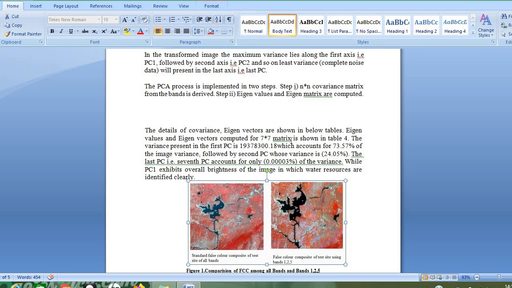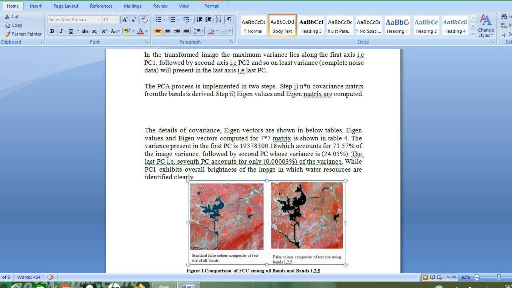Why? Because I have used 7 bands. The variance present in the first PC is 73.57 among 7 bands, whereas the variance present in the second PC is 24. Similarly, the variance in the third PC goes on reducing gradually, whereas the variance present in the last PC, that is PC7, is